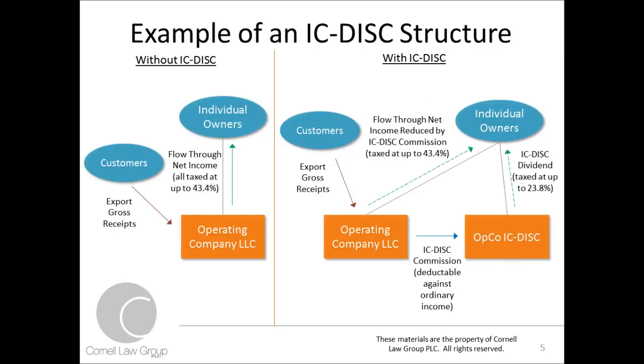This slide shows an example of an IC-DISC structure, a nice picture to help put an image to these concepts. On the left, you can see a business operating without an IC-DISC. Basically, it's earning income from selling export property, and this business is taxed as a pass-through, either an S corporation